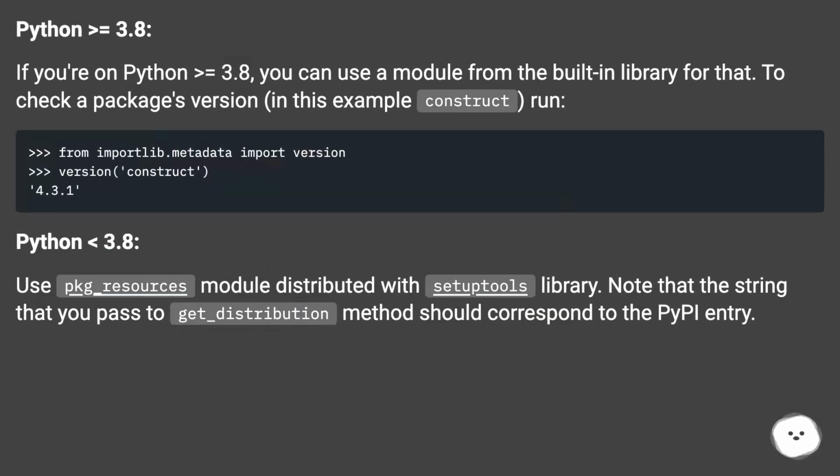Python greater than or equal to 3.8. If you're on Python greater than or equal to 3.8, you can use a module from the built-in library for that. To check a package's version, in this example construct, run: